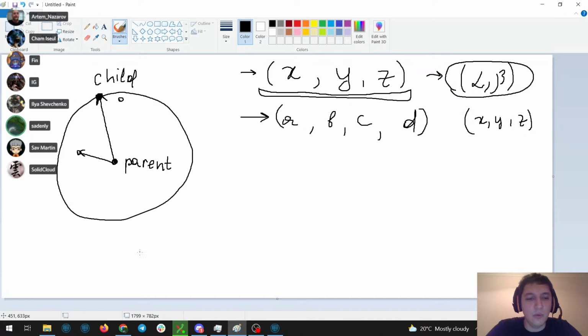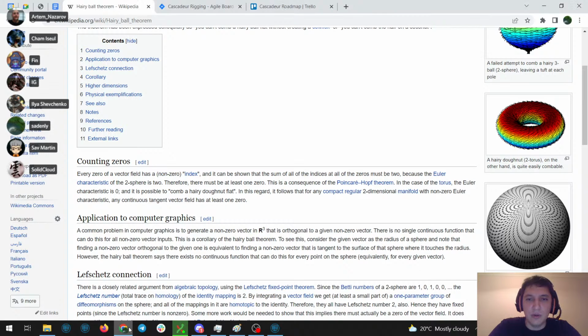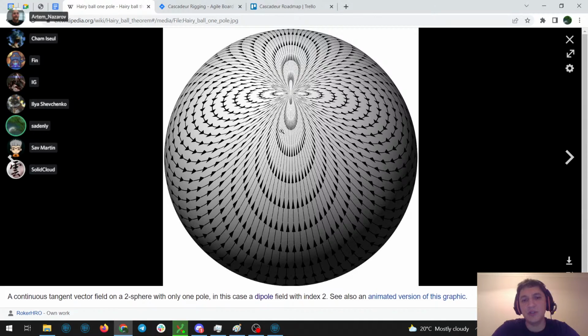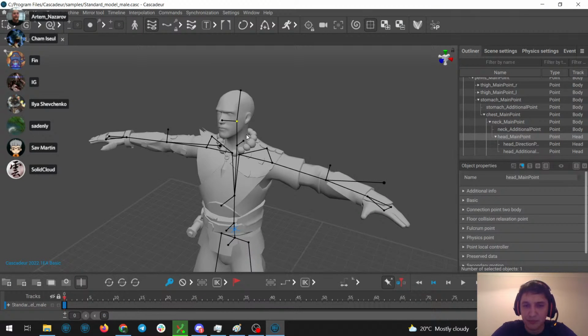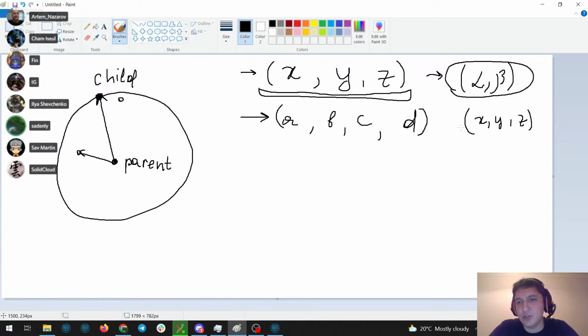So we decided to go with this what's called a dipole field with index 2 coordinate system that actually has only one pole. To be honest, I'm not very sure that this is a large success. It is not very obvious, this pitch and roll, what they are in this coordinate system. I wouldn't say they are that obvious and that nice, but better than having just 3 float numbers for the global rotation.